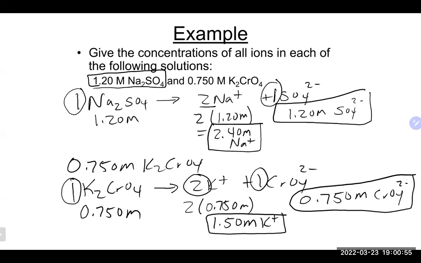Any questions on molarity here? Okay, we're going to lay it out there and